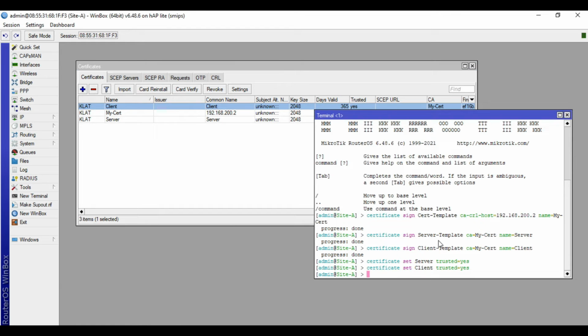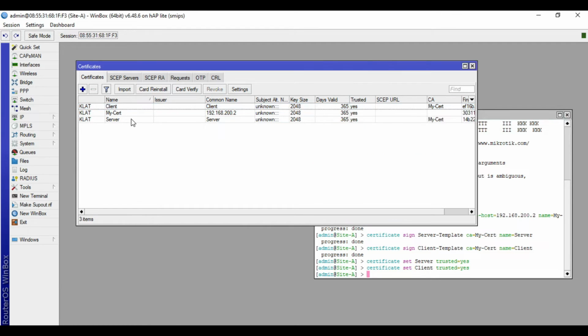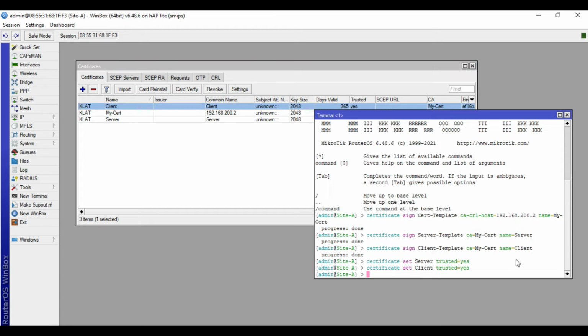After we self-signed the certificate, we will now export these certificates and import them to the remote site MikroTik. To export the certificate, my cert and client certificate, input these commands in the terminal.